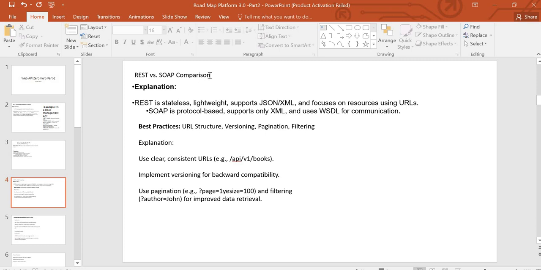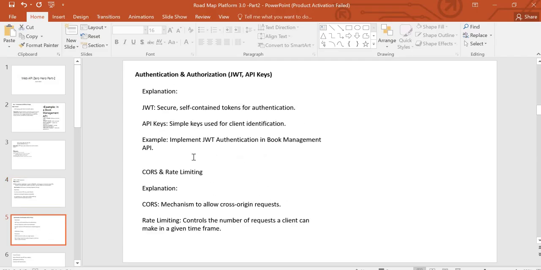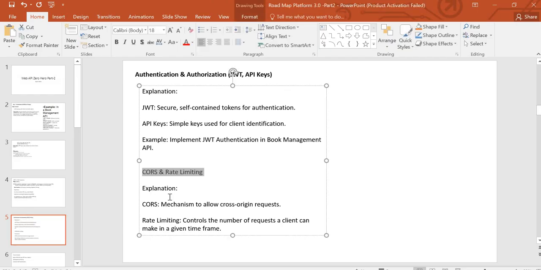And we discussed REST versus SOAP. REST is lightweight and it supports multiple media types like JSON and XML. SOAP is protocol based and supports only XML format. And next we discussed authorization and JWT authorization with the live project test. Now we discussed CORS and rate limiting also, we explained in that